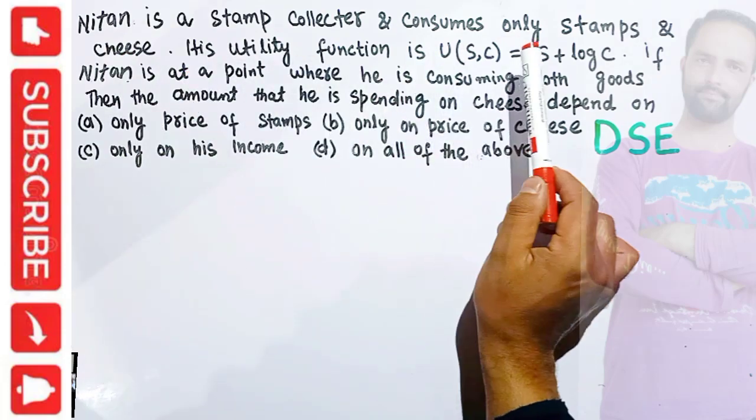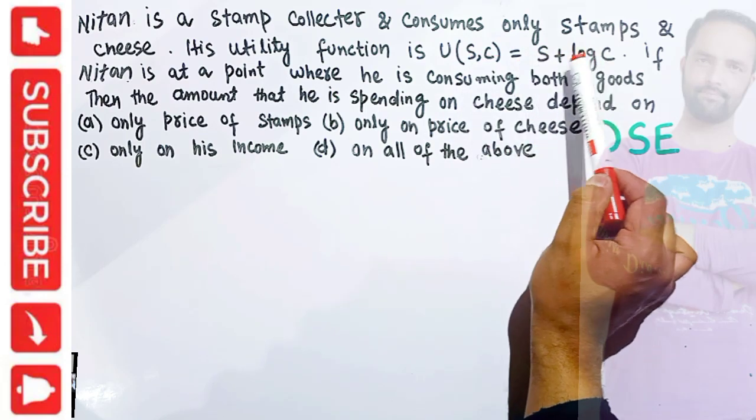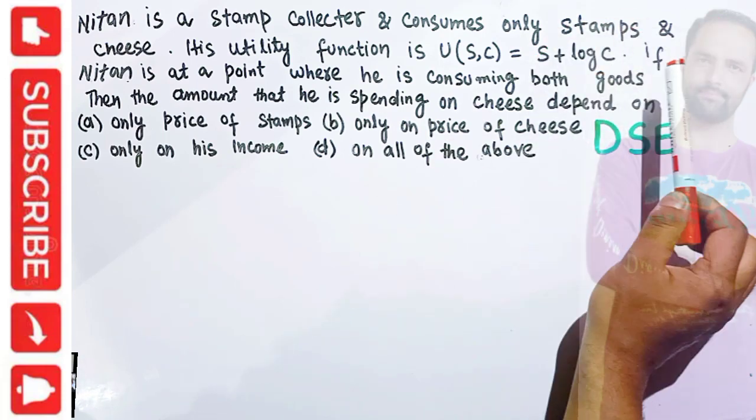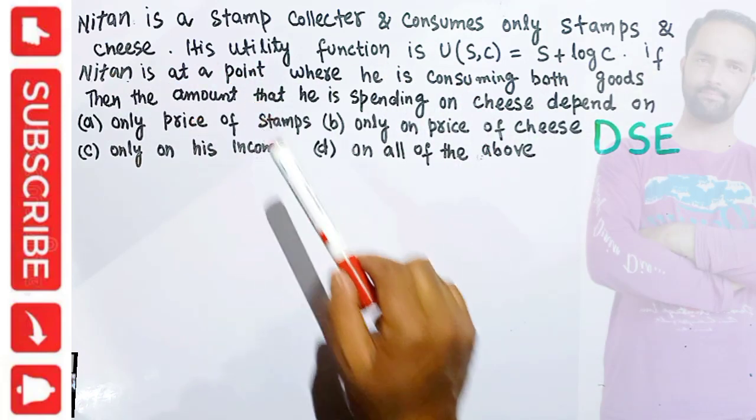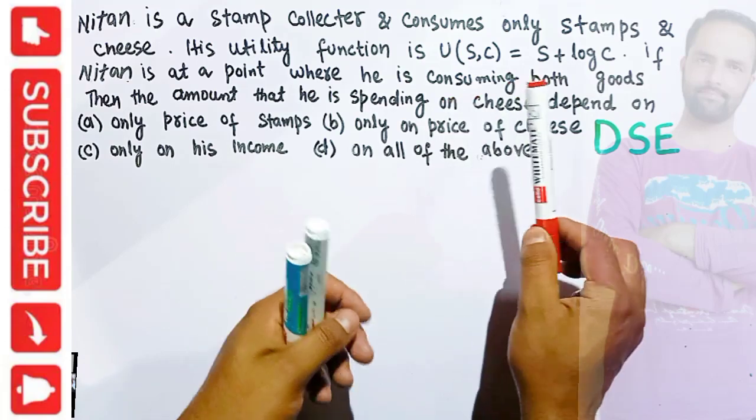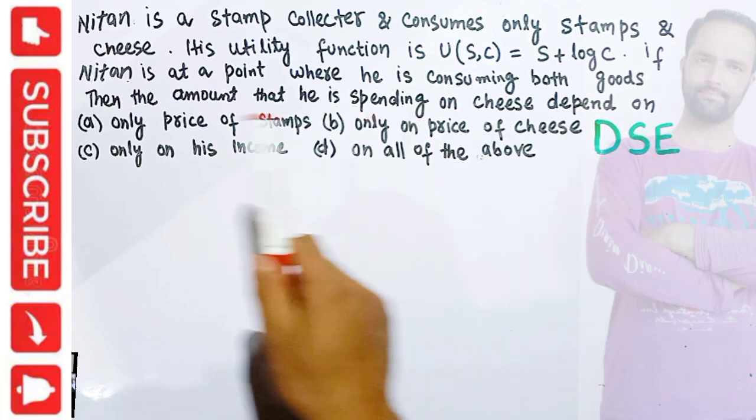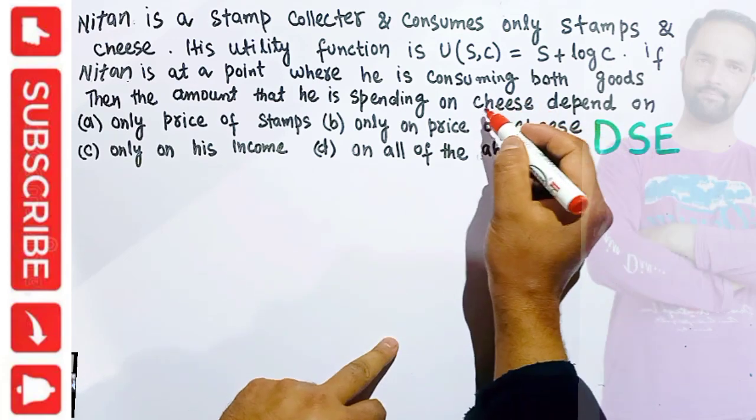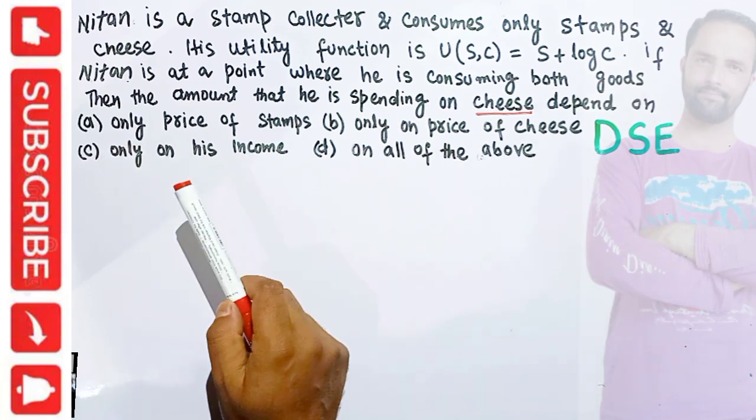His utility function is defined as: the utility that he gets from stamps and cheese is equal to S plus log of C. S is the units of stamp and C is the units of cheese. If Nitin is at a point where he is consuming both goods, then the amount that he is spending on cheese depends on... Now we are being told that this consumer is at a point where he is consuming both the goods, that is the stamps and cheese. Okay, now then the amount that he is spending on cheese depends on,